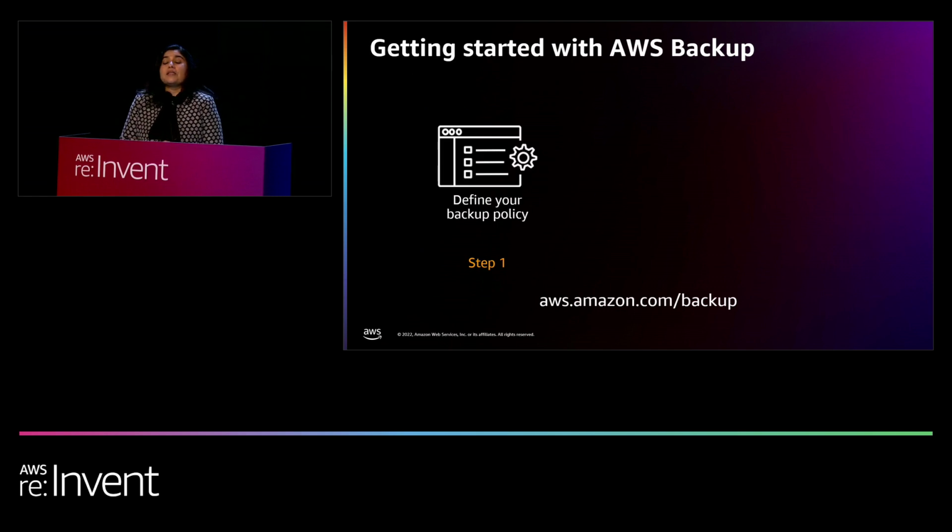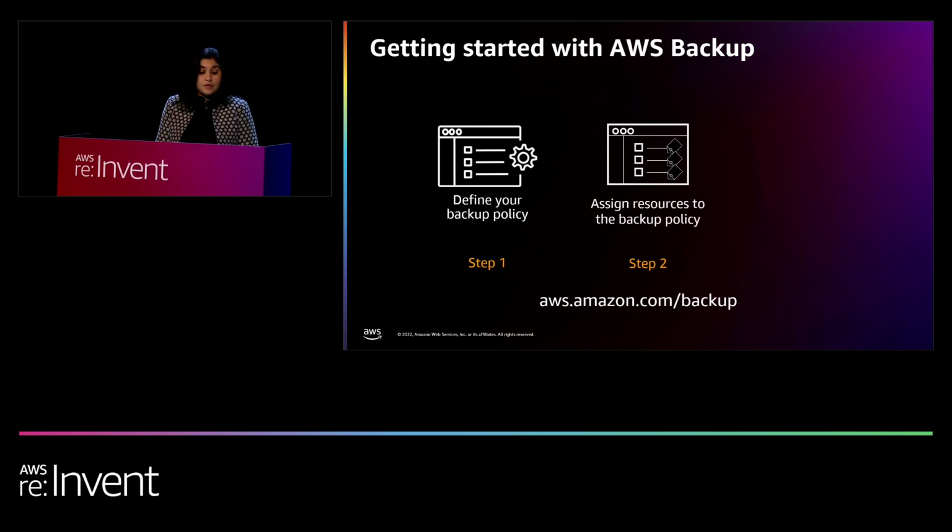All right. So simplicity is one of the key tenets of the AWS Backup architecture, and it's super simple to get started with the product. All you have to do is first start by defining what your backup plan is and your backup policies within that plan. Like Marcos mentioned, you start with your backup plans and define your retention policies within those backup plans. The second step is you assign a resource. For example, if you want to protect S3, you assign an S3 resource to that backup plan. If you already have a backup plan that you want to reuse, then you can skip step 1 and just assign that resource to that backup plan. And that's it, you're done.